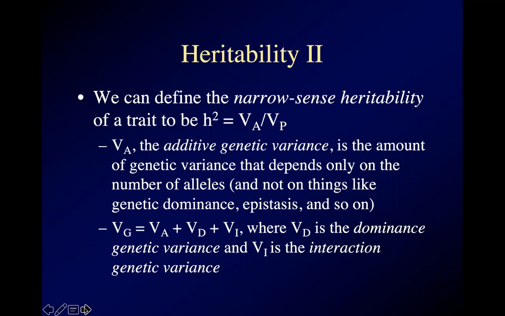And we can actually partition genetic variance into the additive variance, which is the amount of genetic variance that's due to the number of alleles, the dominance variance, which is the variance due to dominance effects among genes, and interaction genetic variance, which is variance due to epistasis, variance due to interactions between genes. A kitty cat example would be things like, the